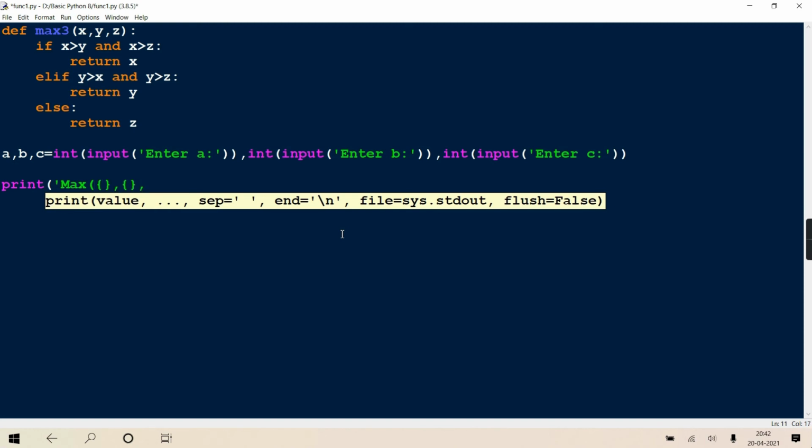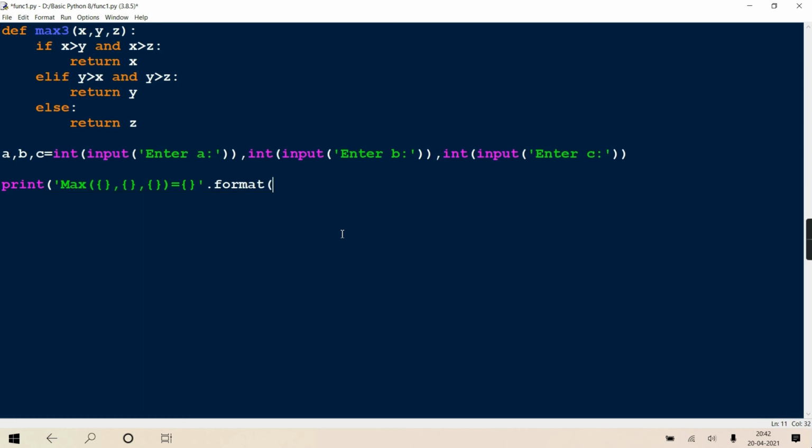There are different ways of printing, I have told you. With the dot format I can write the format string, and then a, b, c, and max3 of a, b, c.